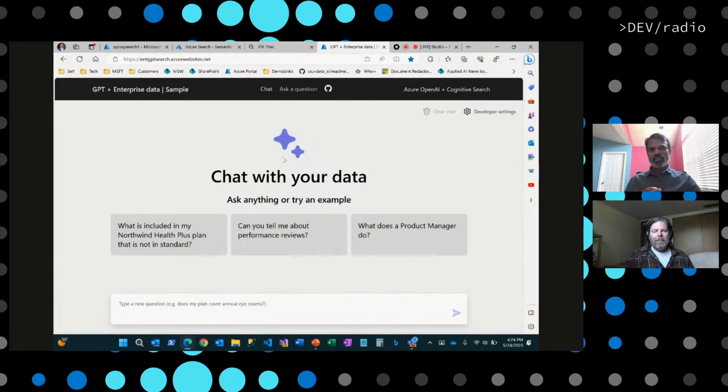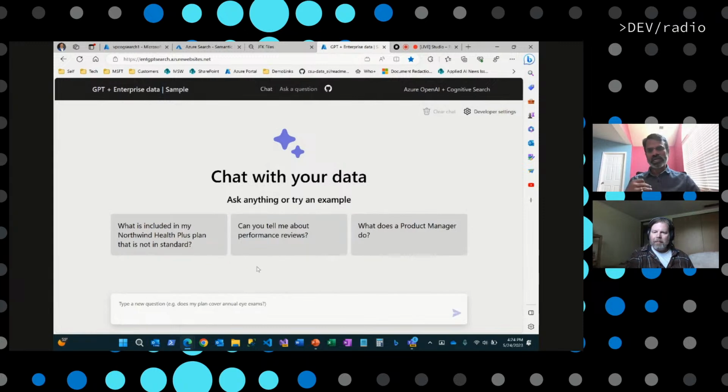So with this demo, what we have built was we have taken the Health Plus healthcare benefit data. We have used the cognitive search to index all the data, and then we have applied OpenAI on top of it. I can type the question here, or I can use one of these cards that we have,